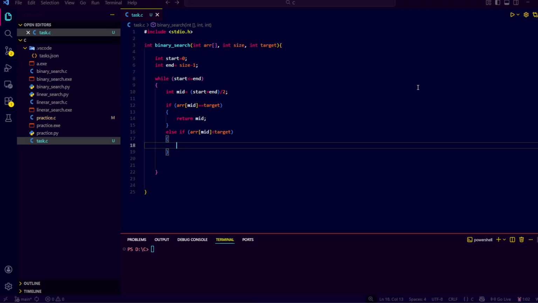This means the mid value is less and the target value is higher. That means the target value will be after the mid. So we have to set our starting position to mid plus 1,